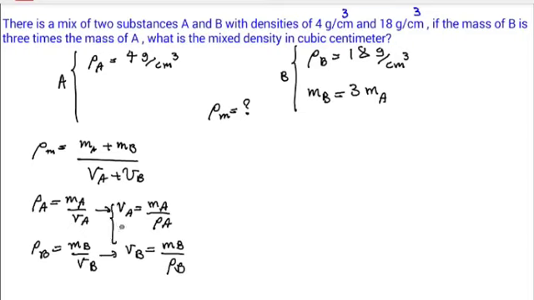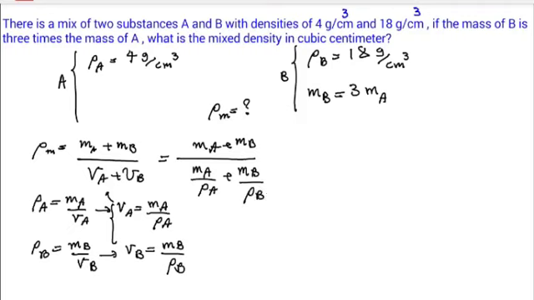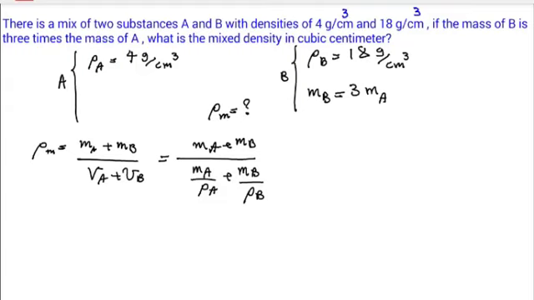Now if you substitute these two terms in the density equation, we can write M of A plus M of B over M of A over rho of A plus M of B over rho of B. Okay, let me erase this part so that we have more space to write. Now we have M of A and M of B, and rho of A and rho of B. So we can find the mixed density easily. The mixed density